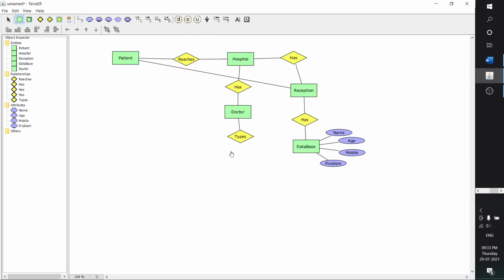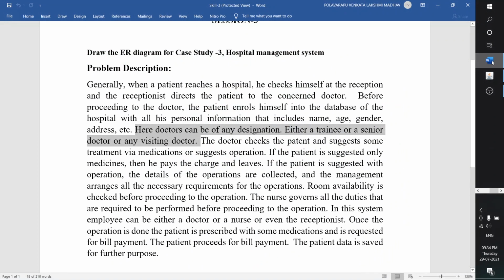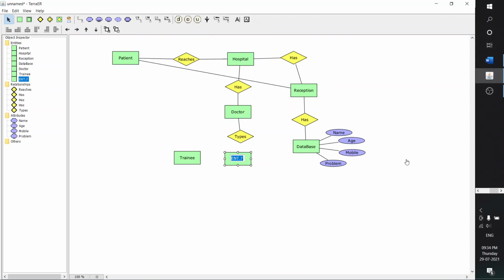We can say trainee, or whatever it may be. Let us see the names: trainee or a senior doctor or visiting doctor. Senior doctor and then the visiting doctor.